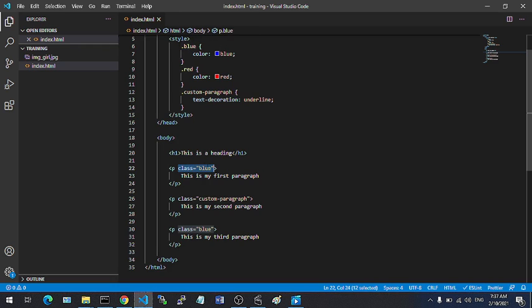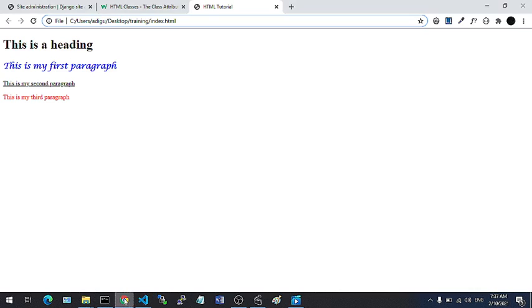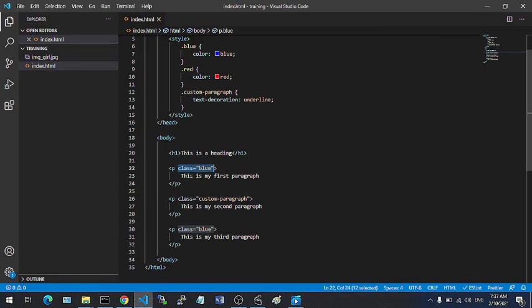Now I have added blue to this first paragraph. I have also added blue to the third paragraph. So we expect that these two paragraphs should have blue colors. So let's reload our page and see. Yes, that is applying correctly. So if we want to apply